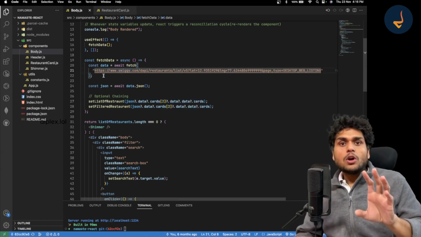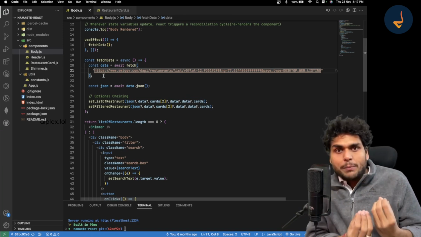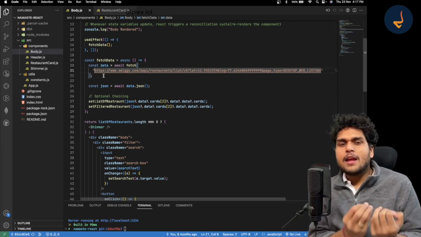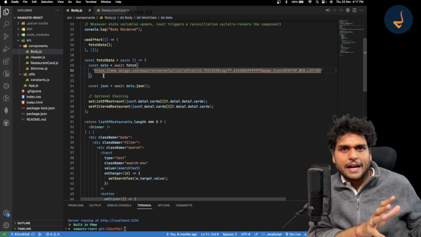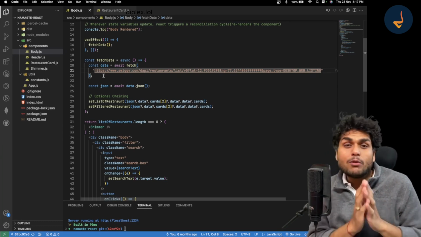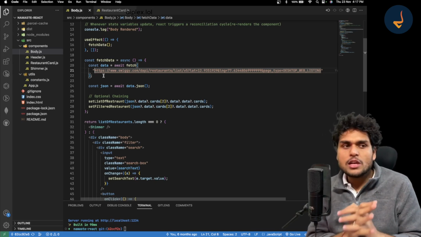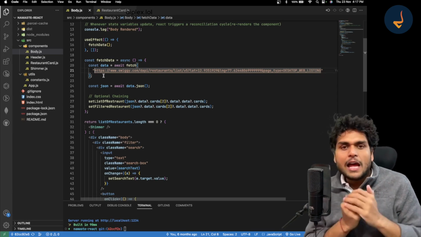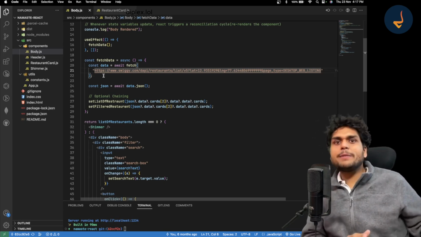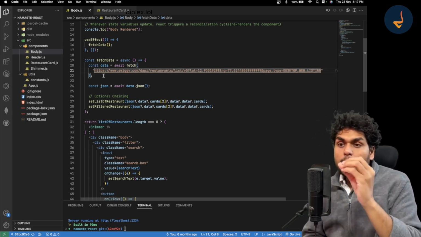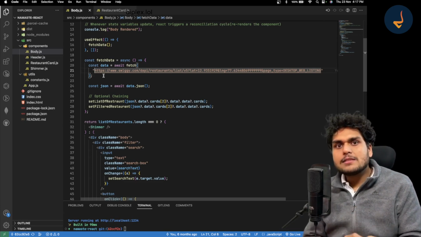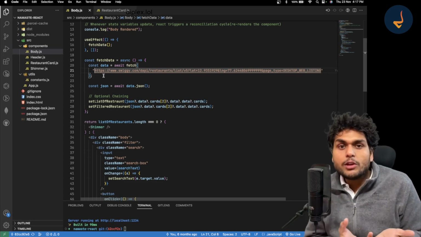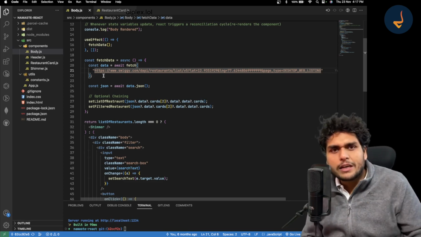We were using live APIs from Swiggy because we wanted to work on live data, right? I did not want to use some random dummy APIs with random data. I wanted to use the actual live data which is used in the industry. That is why I used this Swiggy API, and I don't want to go back to dummy data. So the problem with working with live APIs is that they keep on changing. Today it has changed, and today I am giving you a new solution for this.